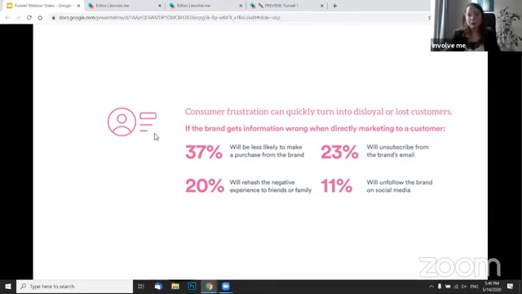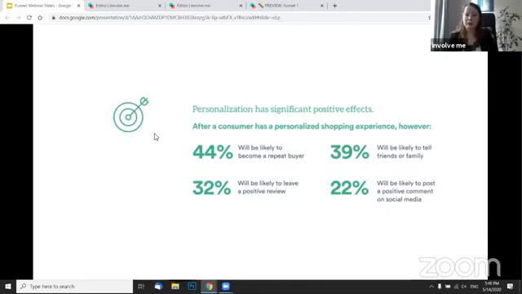Now, if you look at the positive effects of personalization, you can see that 44% of respondents said that they will be likely to become a repeat buyer if they get a personalized recommendation based on their previous purchase, which is huge. 39% of respondents said that they will be likely to tell friends or family if they're happy with a